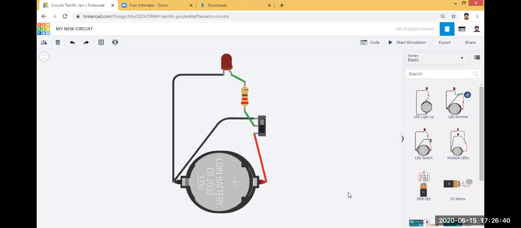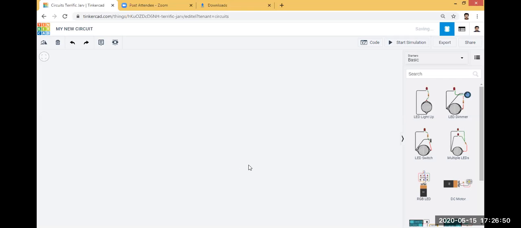Okay, so see this circuit. If you want to delete this, you can select the items one by one and delete them, or you can select the undo button. When you click the undo button, that circuit file will be deleted. So once again go to the starters area, then click the basic option.